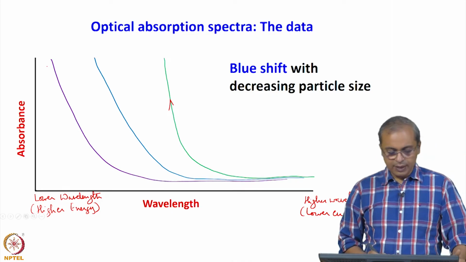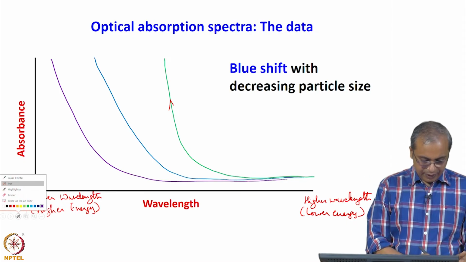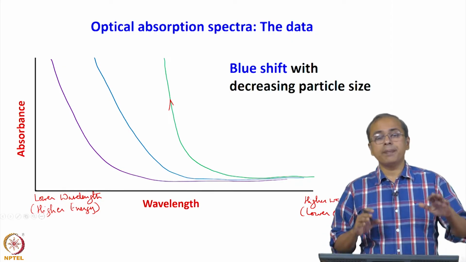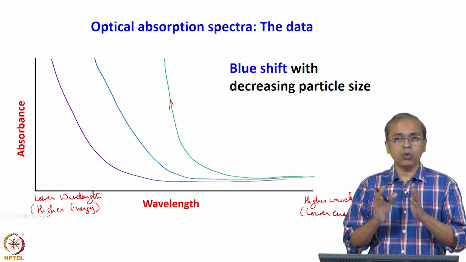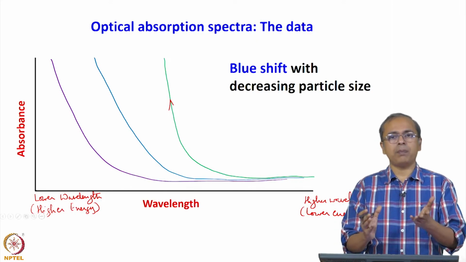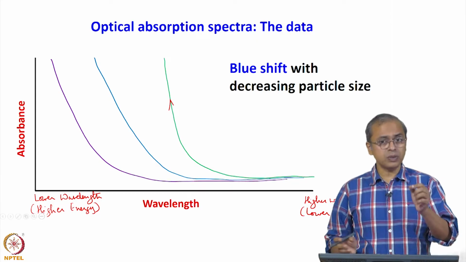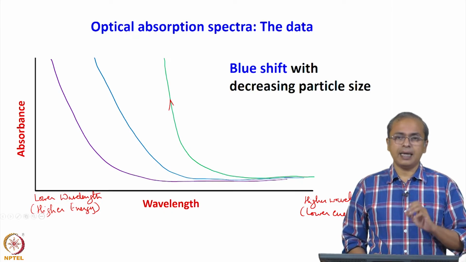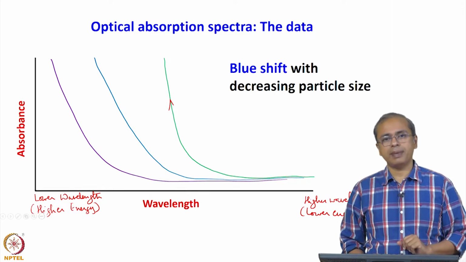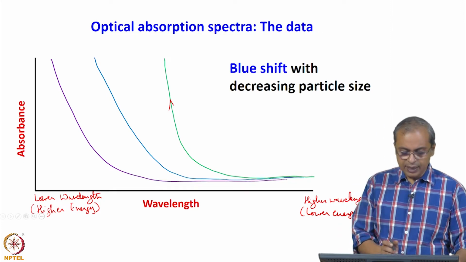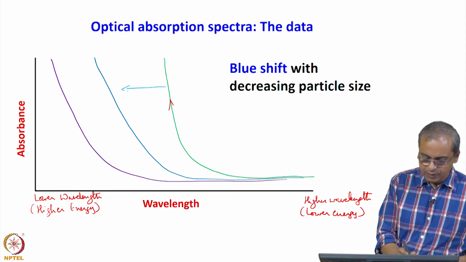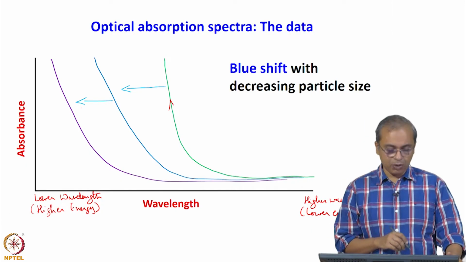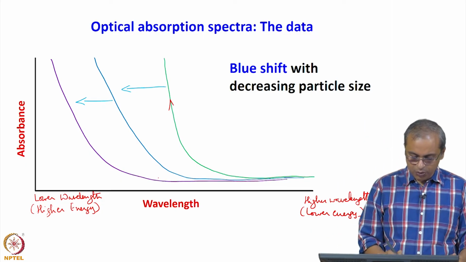So this idea that the data is changing is itself something very interesting, because normally, as I said, if you go and look at the band gap of any material, silicon, germanium, whatever it is, you will see only one value in any literature that you go and look for, and that is because they are typically talking only of bulk band gap, not of anything else. So here the fact that you see the shift implies that the band gap is changing,